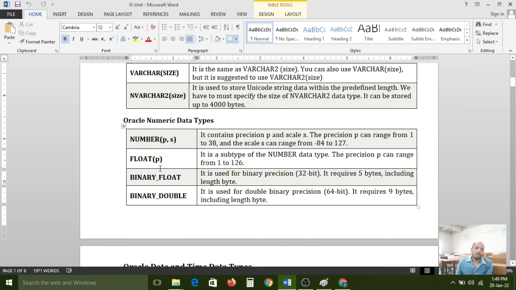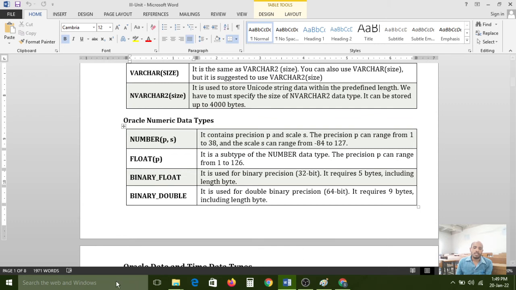You take your father's properties, so number related properties and functionalities can be derived by the float data type. But along with that, float has extra functionality: precision.